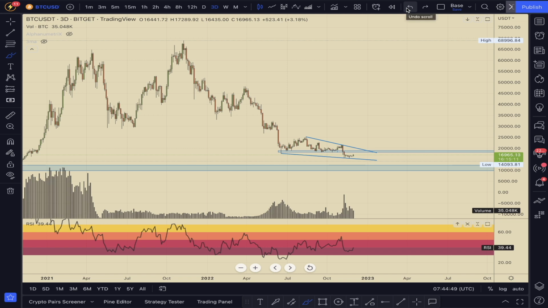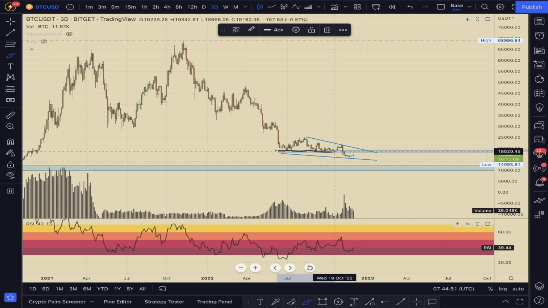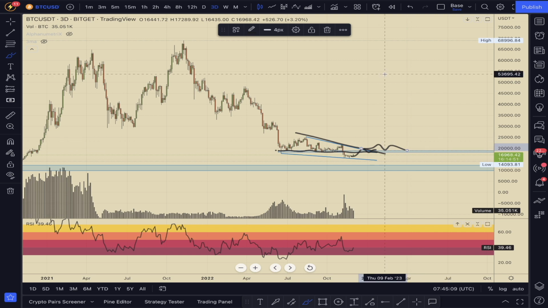Now, the problem is we're underneath this support range right here. So not great. We definitely want price to be on top of this resistance before we could get too bullish, and then a break of the downward sloping line of resistance would also confirm that there's bullish price action that could be made. So until those things happen, I'm really not going to get too excited about what we're seeing here in the charts, but it is positive as it is slowing down.